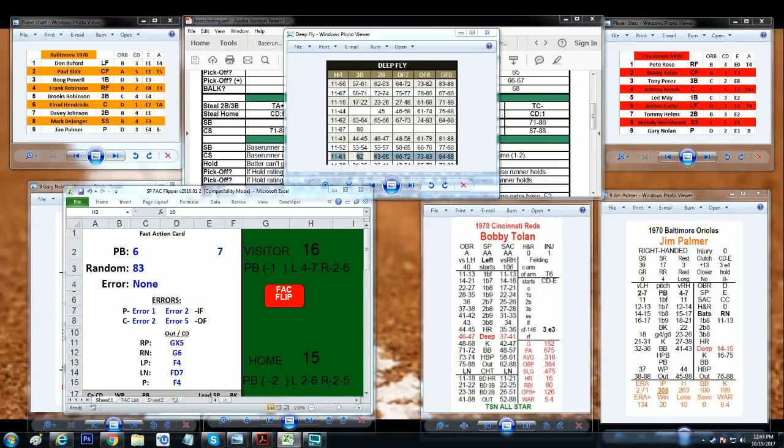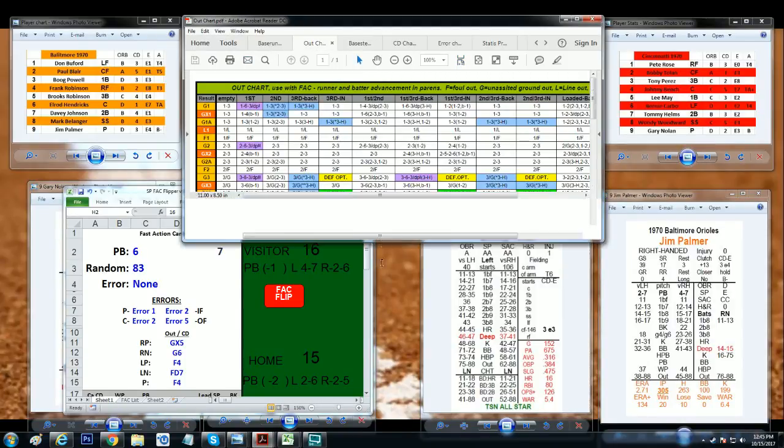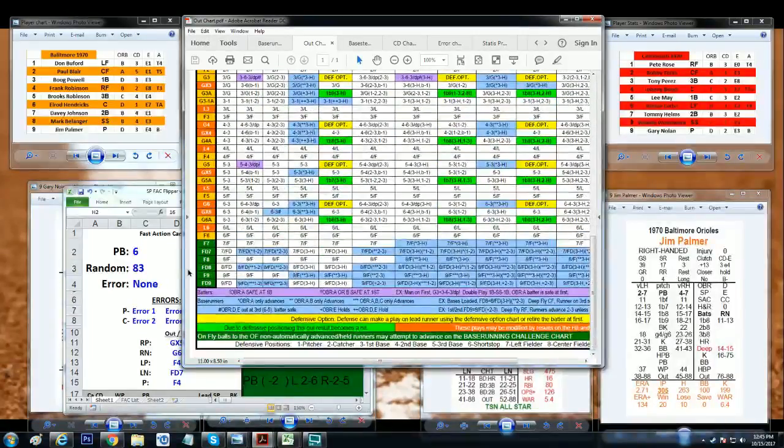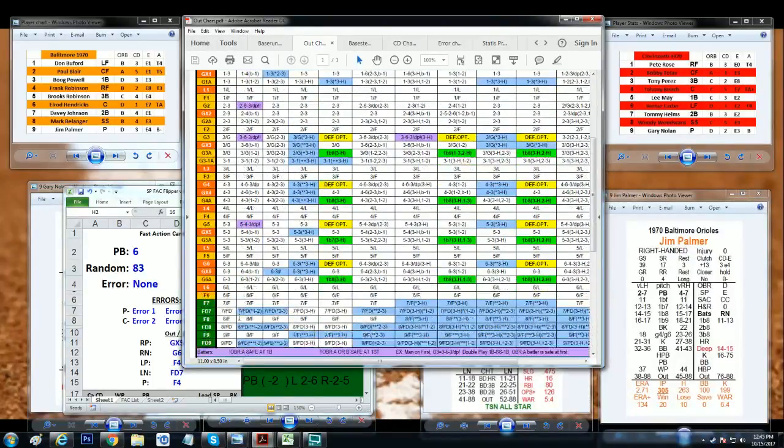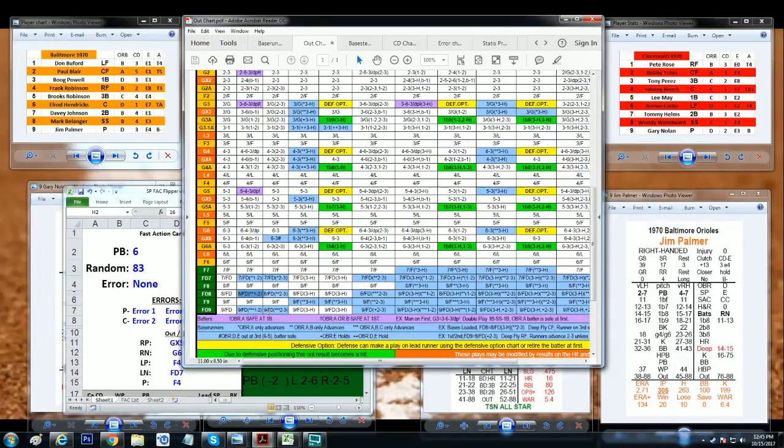Deep fly to center field. So, F8. And DF8. If we look at our out chart, and we just scroll this down, DF8, I'm assuming that's what, and we had a runner on first. And on a deep fly, star, so there's 2 stars. So it's an OB rating of A and B, only advances from first to second. So OBR rating of Pete Rose is a B. So on an A or B, actually,